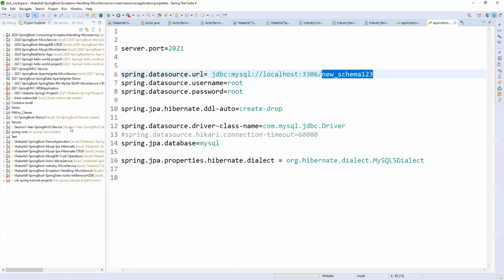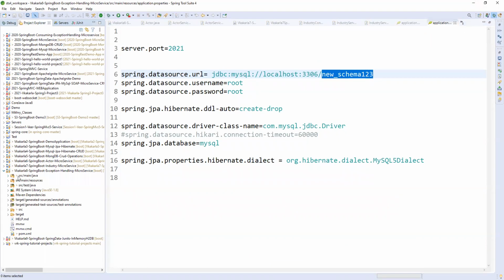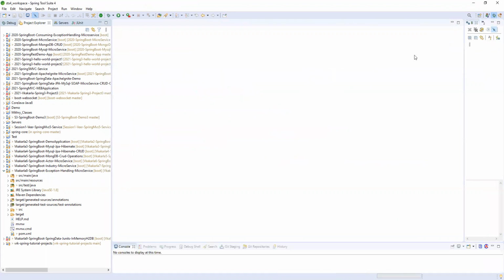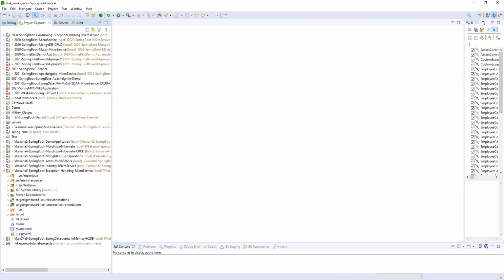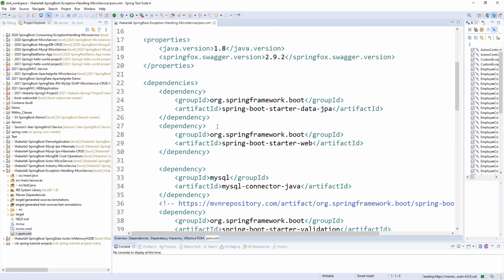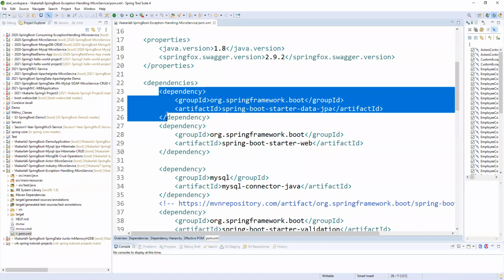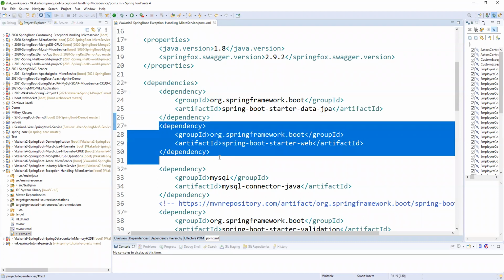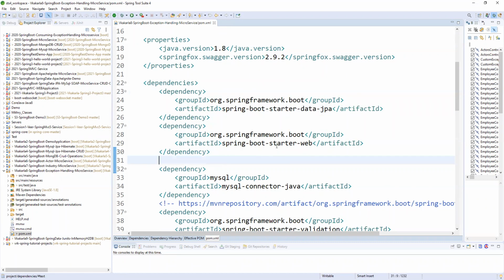First of all, our exception handling project. Let me close all. For the exception handling, first of all, we need to check the pom XML. Spring Data Starter JPA we need. Why? Because we are connecting a MySQL database, and we are using a Spring Boot RESTful API, so we need the Spring Boot Starter Web.